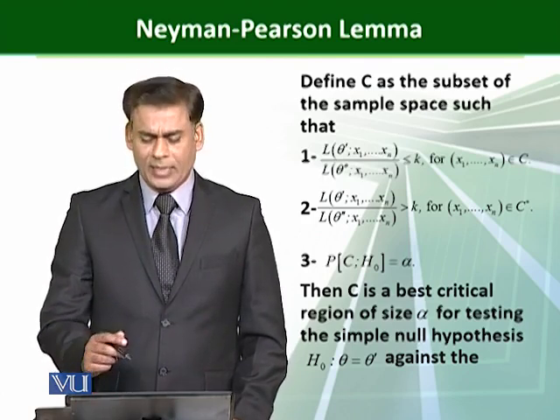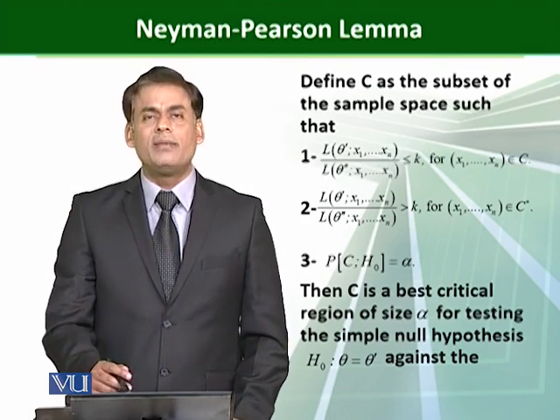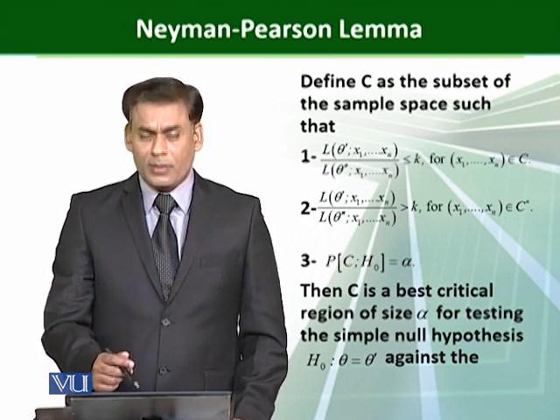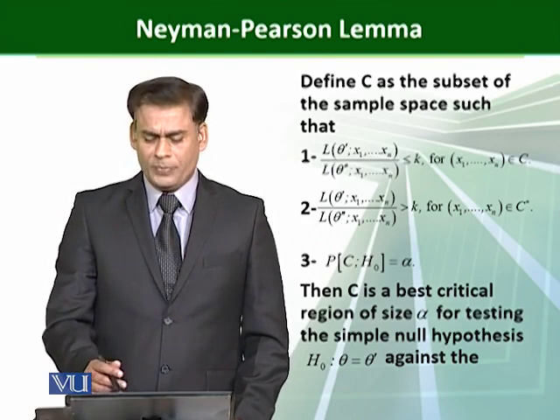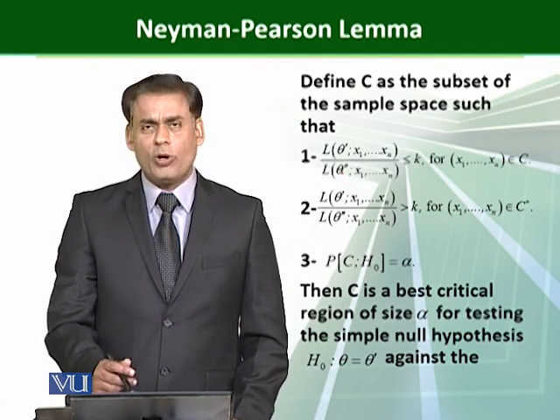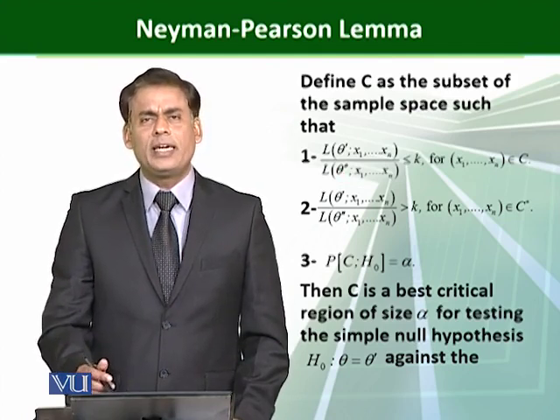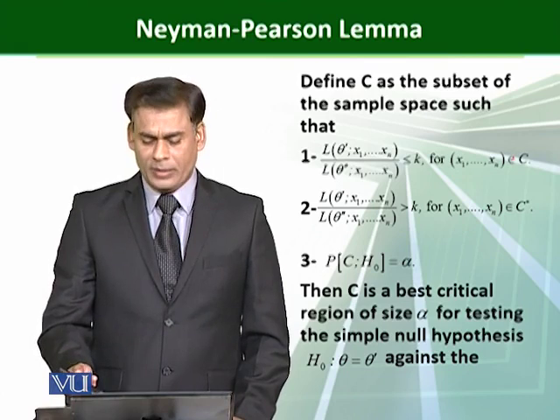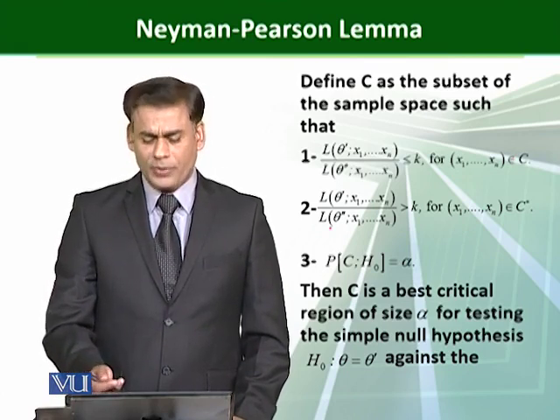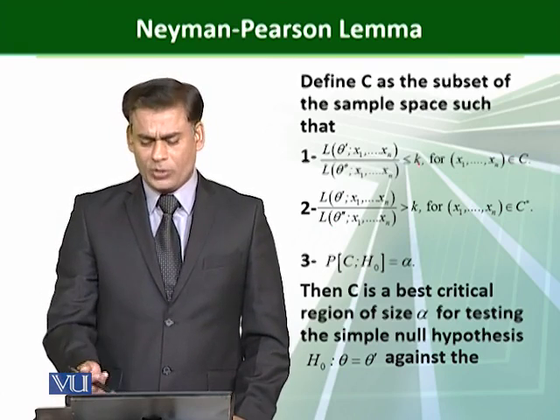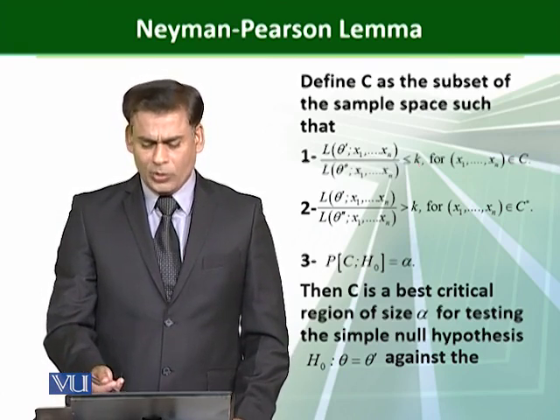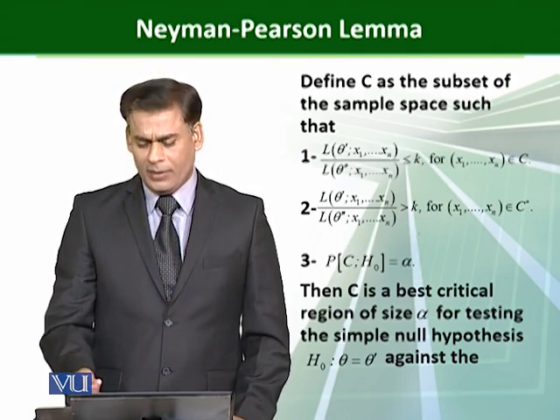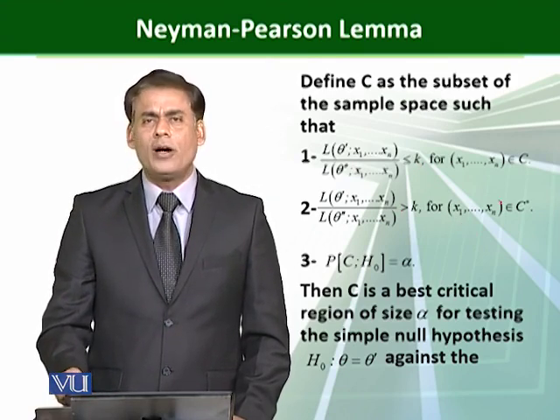The first condition is that the likelihood under the null hypothesis, which is denoted by theta dash, and the likelihood under the alternative hypothesis, that is theta double dash, the ratio of these two must be less than or equal to k, which is assumed to be a positive number, for x1, x2 up to xn in C. And for the second, again we are assuming a ratio, the ratio of the two likelihoods under the null hypothesis and under the alternative hypothesis, that is greater than k for x1, x2 up to xn that belong to C star, that is the